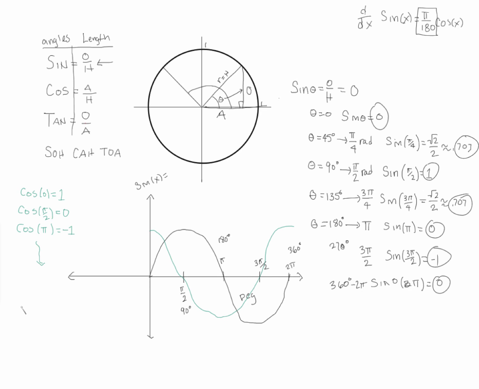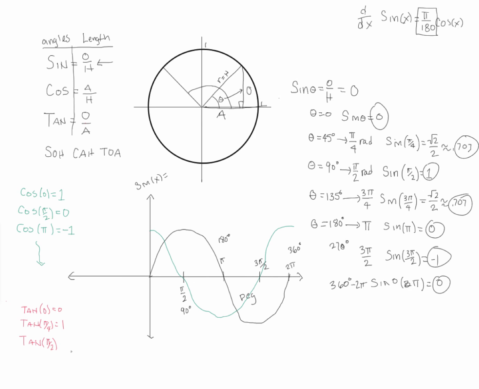The tangent of 0 degrees is going to be 0. The tangent of pi over 4 is going to be 1. And the tangent of pi over 2,